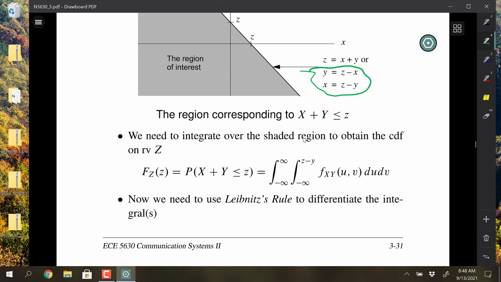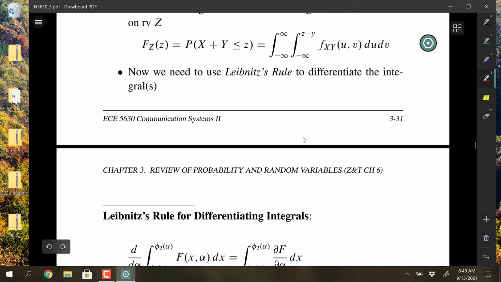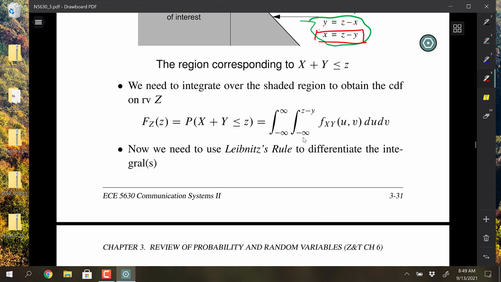So I put in dummy variables for x and y. I called it u and v, and then I'm integrating u first, which is x, so I'm integrating x from minus infinity up to z minus y, so that means I was using that form for the horizontal strip idea again. Integrate that and have this double integral, but then we've set the problem up, so at this point we can just stop right here. We don't actually carry out any more integration. We just say, okay, we have the limits set properly, so we know that's going to give us the CDF,